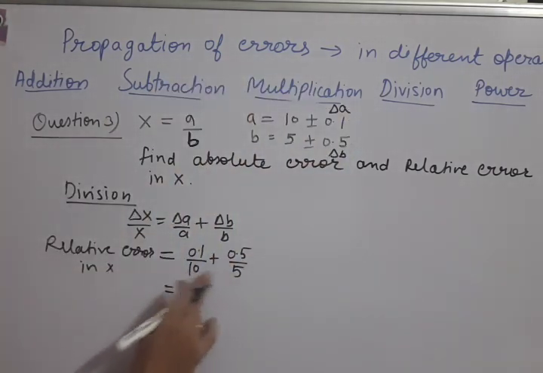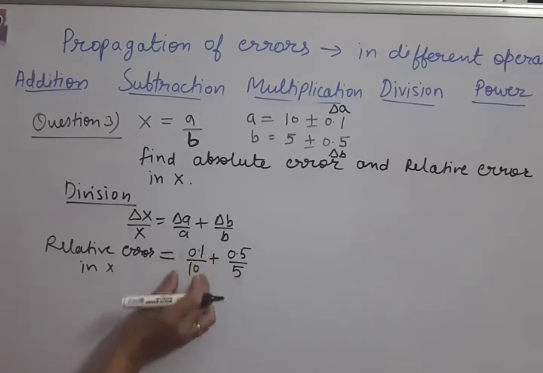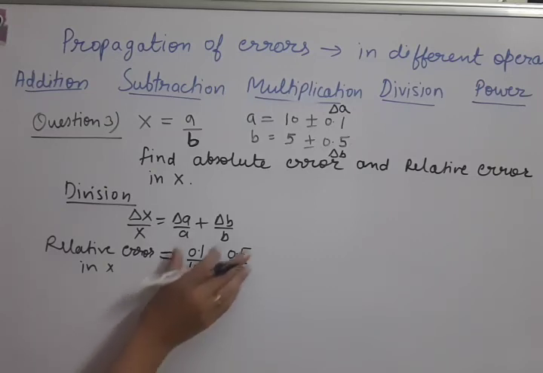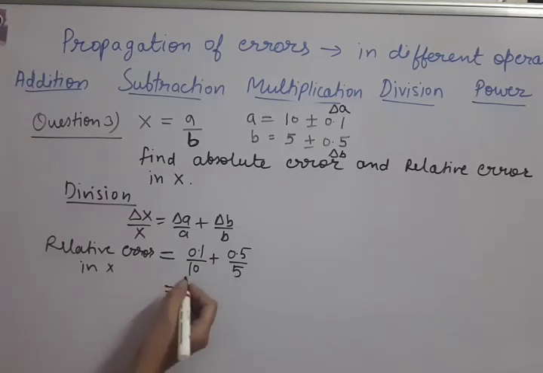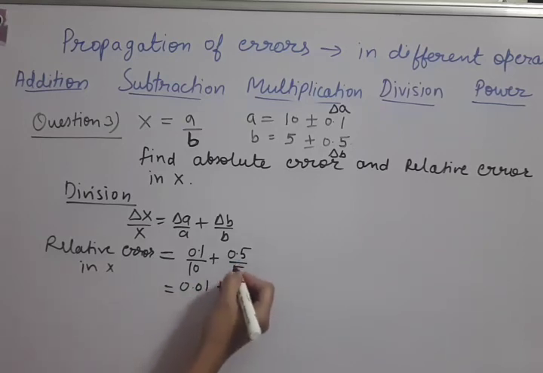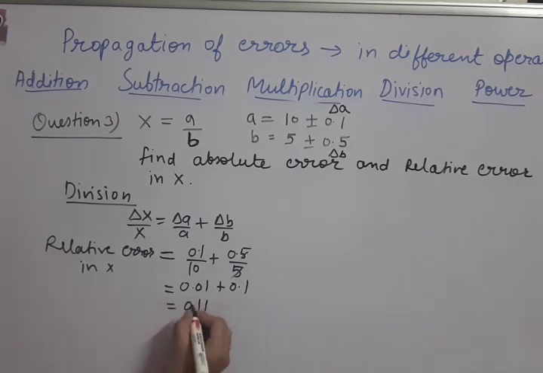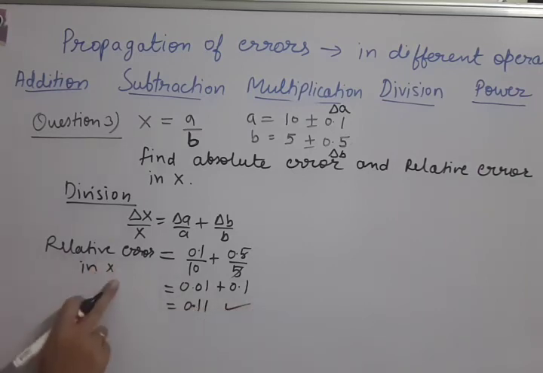After that, we have to always try to solve this separately and this separately. It is easy. Don't take LCMs here. Easy thing is always to solve separately. Okay, so that individual errors also we know. So 0.1 by 10 is 0.01 and 0.5 by 5. So you see 5 and 5 are cut. So 0.1 by 1 is remaining. Okay, so I have got the answer 0.11. Okay, this is what we obtained as relative error in x. So first thing is solved. Relative error is solved.